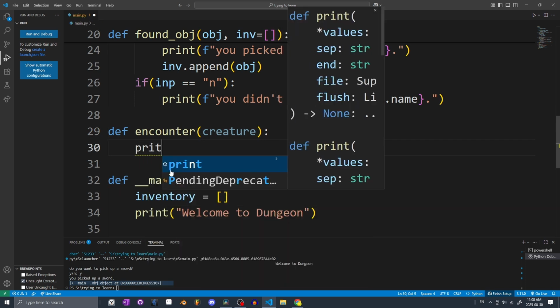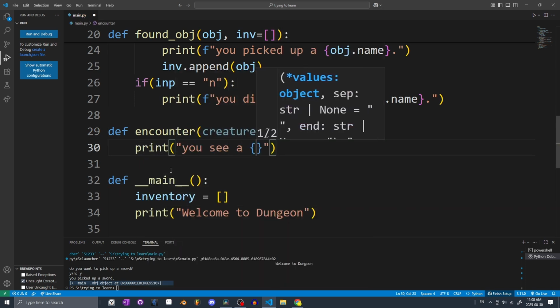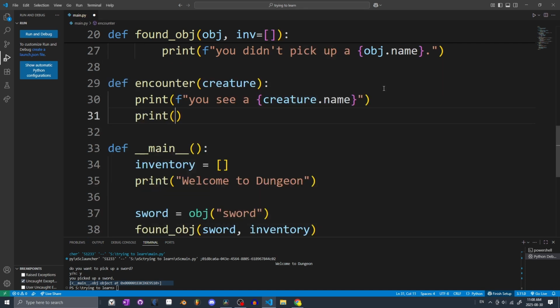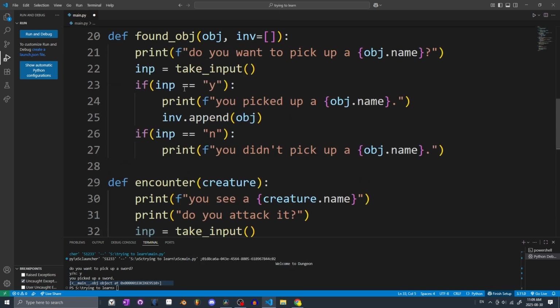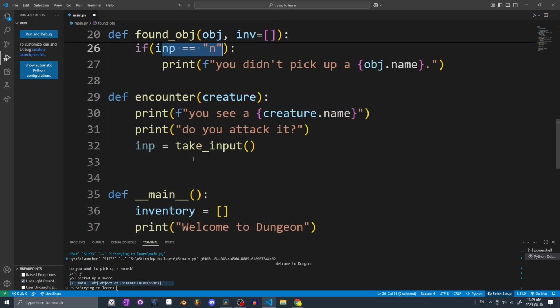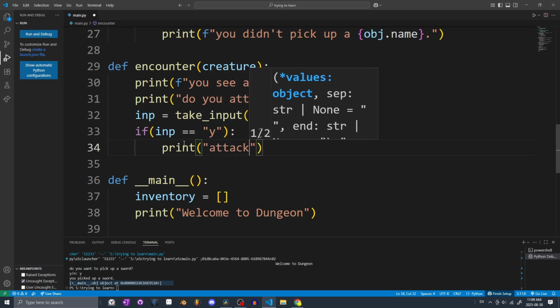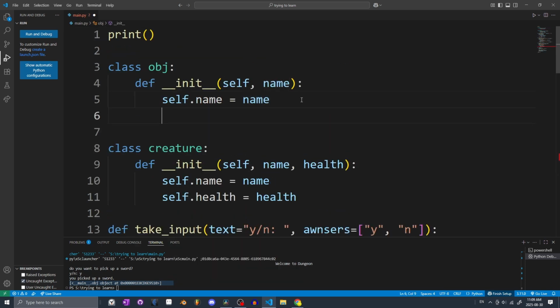And now we will just print you see a, and we'll put in the creature.name. We can of course say, do you attack this creature? Our input equals take input. We can make our if input equals y or if input equals n. You print attack, say the creature.health, and let's go over here